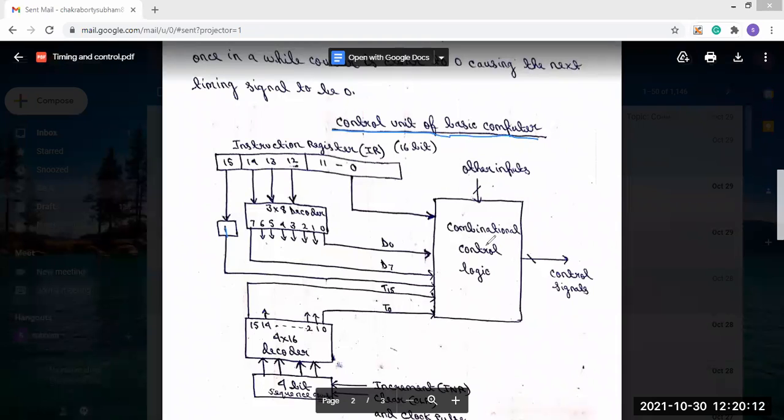The other inputs, the controllers, are also here. First I have said that there are two decoders: one is the 3 into 8 decoder and another is the 4 into 16 decoder, and a sequence counter that is present in the